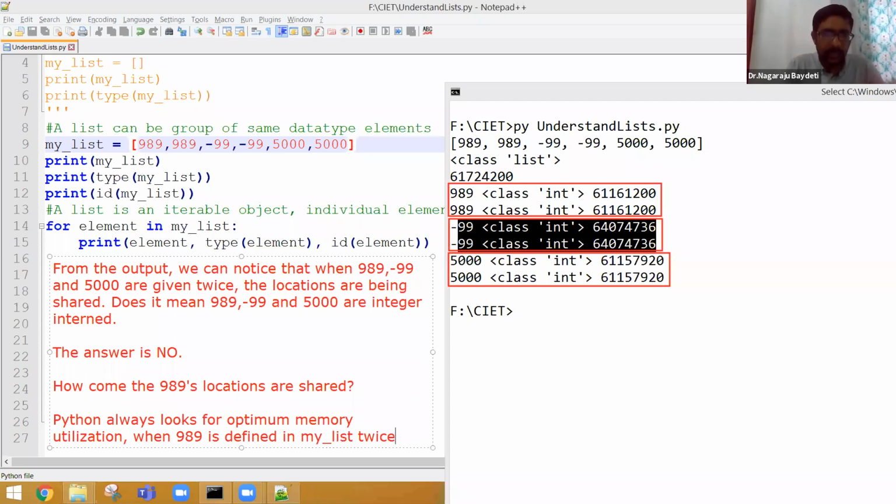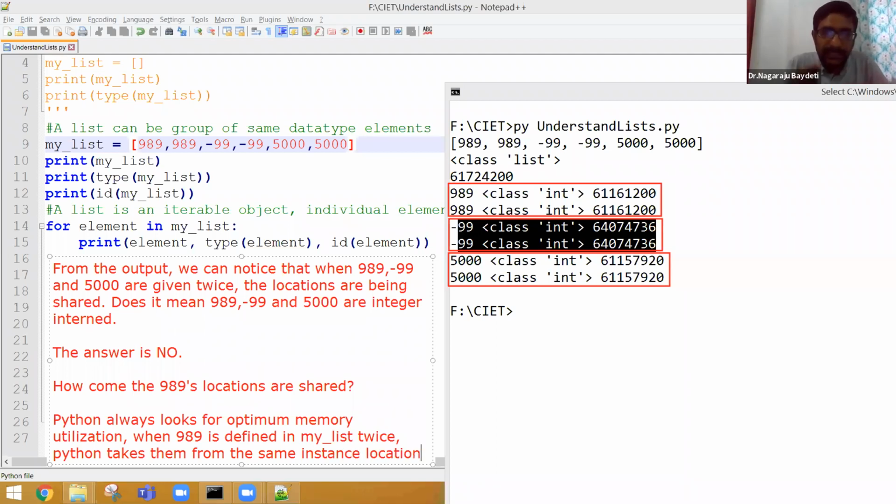When 989 is defined in my list twice and they belong to a list, Python takes them from the same instance location.